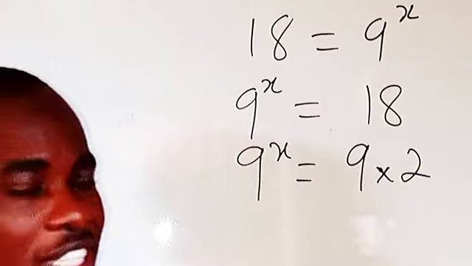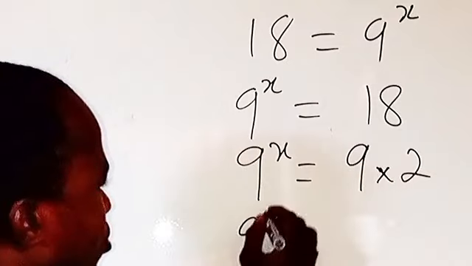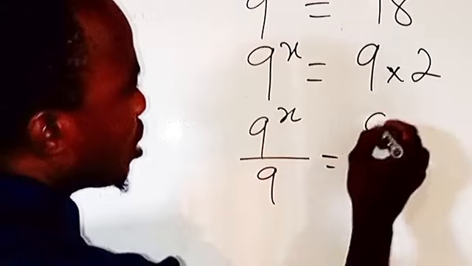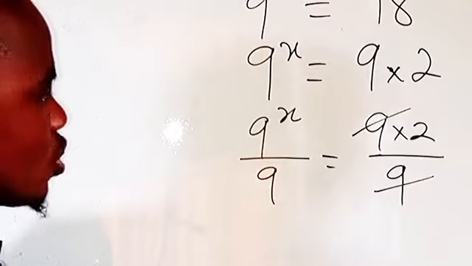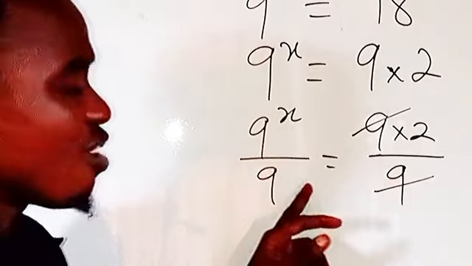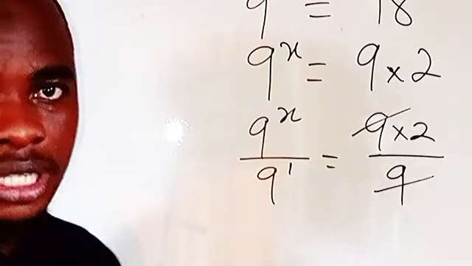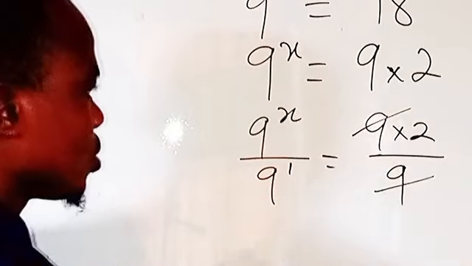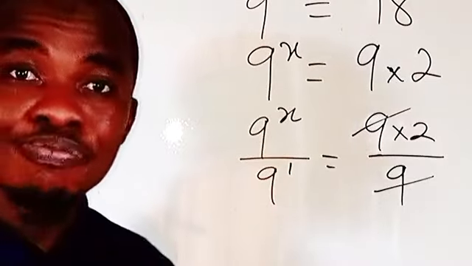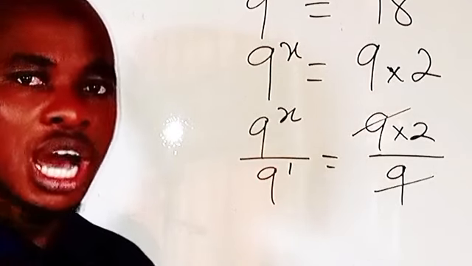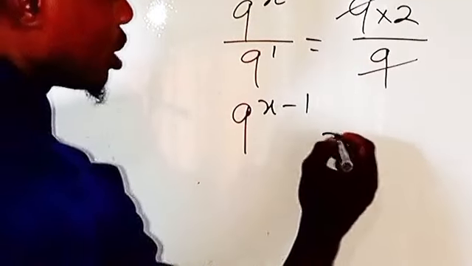What I would like to do is divide both sides by 9. 9 to the power of x divided by 9 equals 9 multiplied by 2 divided by 9. So you see that we cancel this 9 here, and we are left with 9 to the power of x over 9. And you know that ordinarily, here we are having power 1. 9 to the power of 1 is the same thing as 9. So therefore, from the law of indices, whenever you are having the same base being divided, their exponents are subtracted. So this is going to be 9 to the power of x minus 1 equals